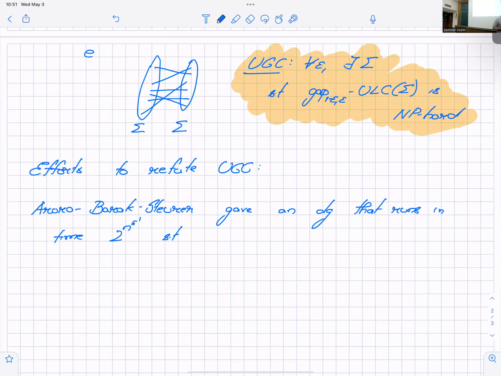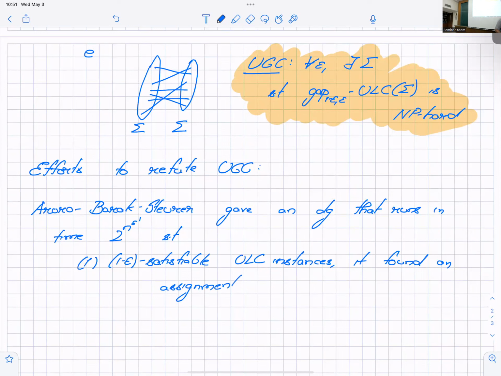It didn't refute UG, but it did the following. On 1 minus epsilon satisfiable UG instances, it found an assignment